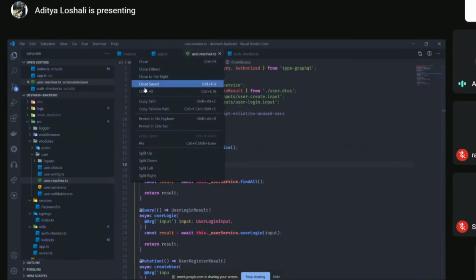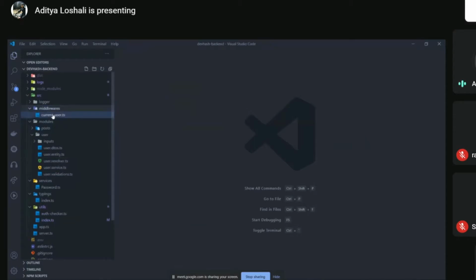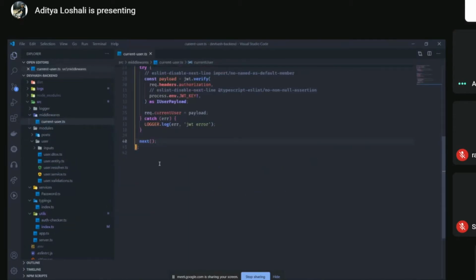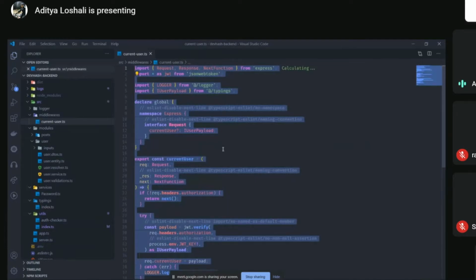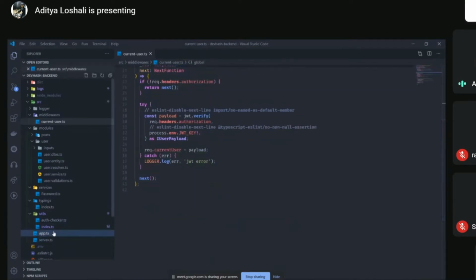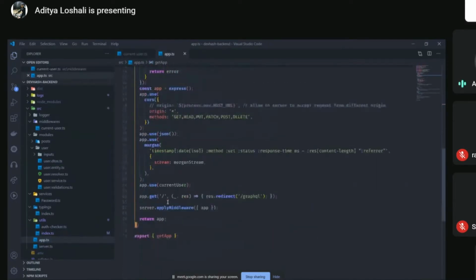Apart from that, we have the current user middleware. This is something that will be run on every request, so it's just a simple Express middleware, and I integrated it here.